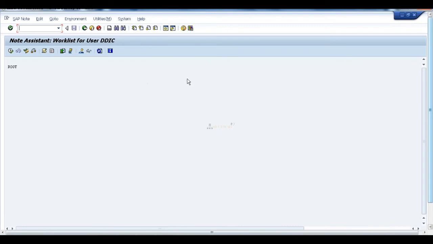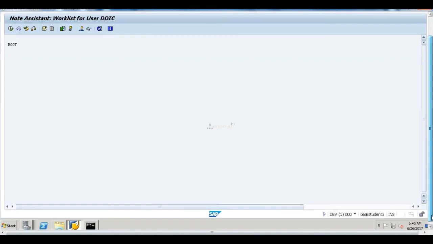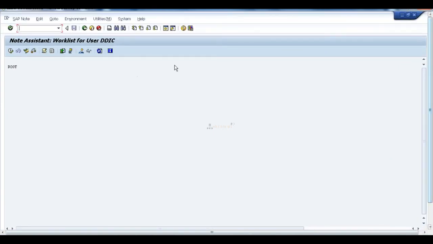If your status is can be implemented, it means you can implement this SAP Note. If the status is cannot be implemented, it means you cannot implement this SAP Note into your current system, because that SAP Note is not suitable for you. Okay, and if you have already implemented the SAP Note, then the status will say already implemented.